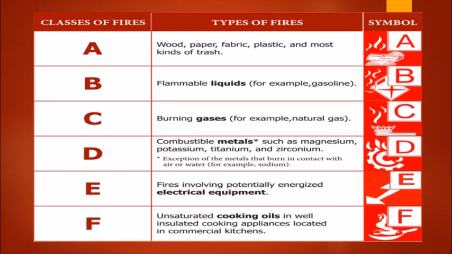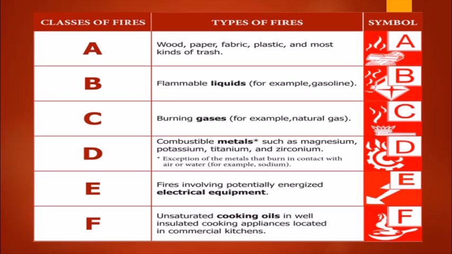So we saw class A, B, C and D. Next is the class E fire that can occur in electrical appliances. So electrical components and their fittings can catch fire. For this we have to cut the power supply, because it is caused by electricity, and if the electricity is switched on, the fire may continue. You can also use fire extinguishers, but it has to be a carbon dioxide fire extinguisher.